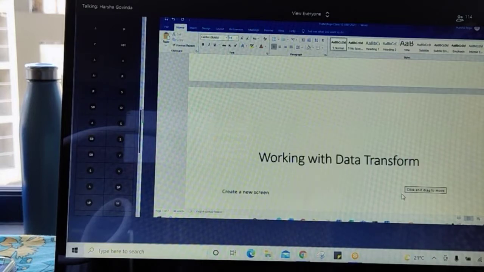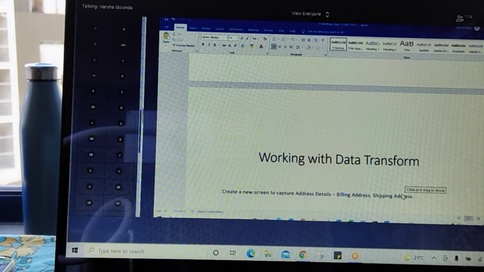Create a new screen to capture address details: billing address, comma, shipping address. First one is what?